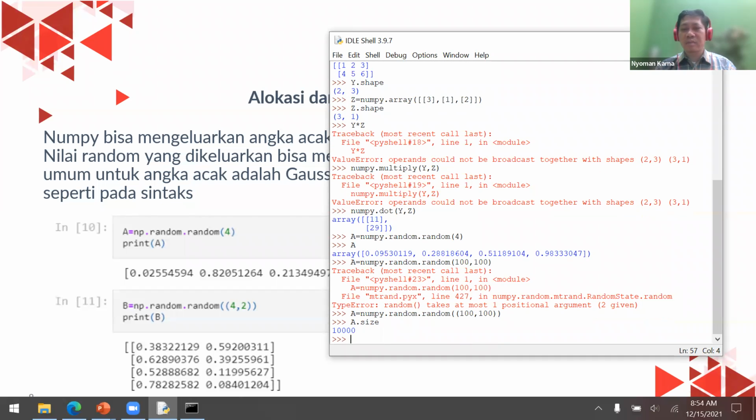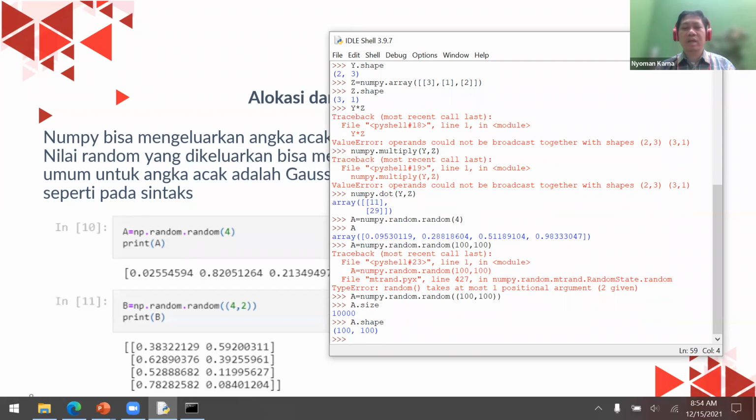It is 10,000 elements inside this matrix A, and the shape is 100 by 100. So this is very useful if I want to create a random matrix value, our array with a random value.